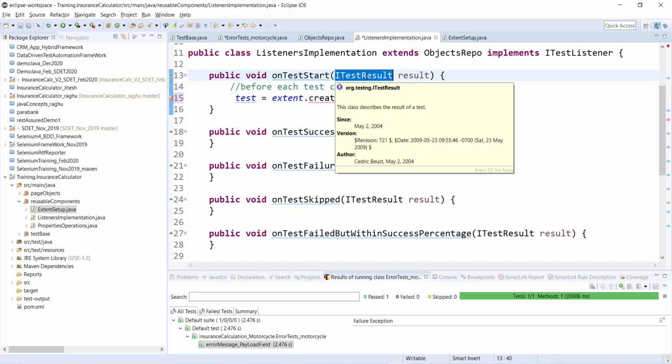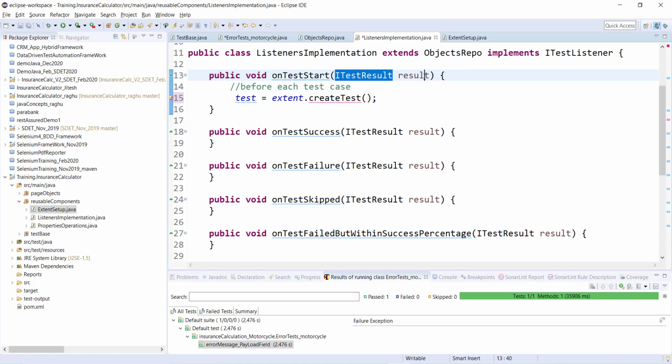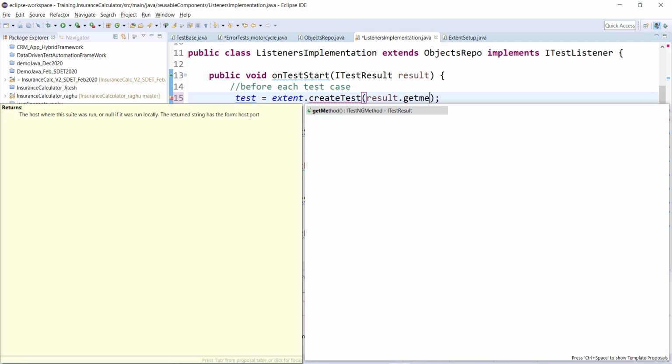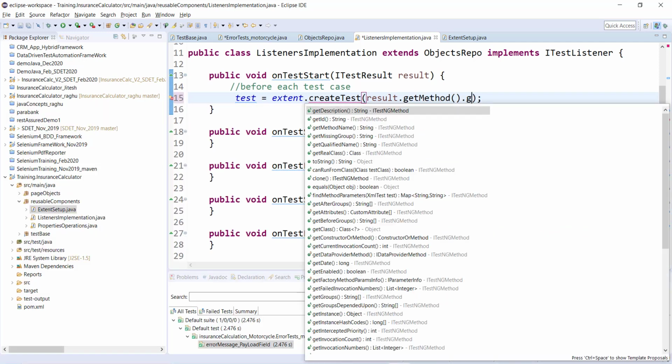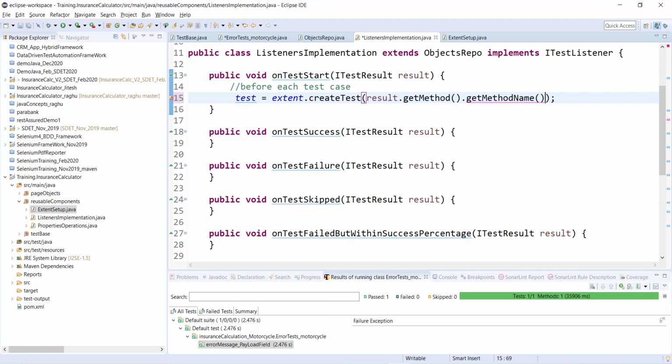I will get the information from this result object, which is of type ITestResult. So result.getMethod().getMethodName() will give me the actual name of the test case currently being executed.